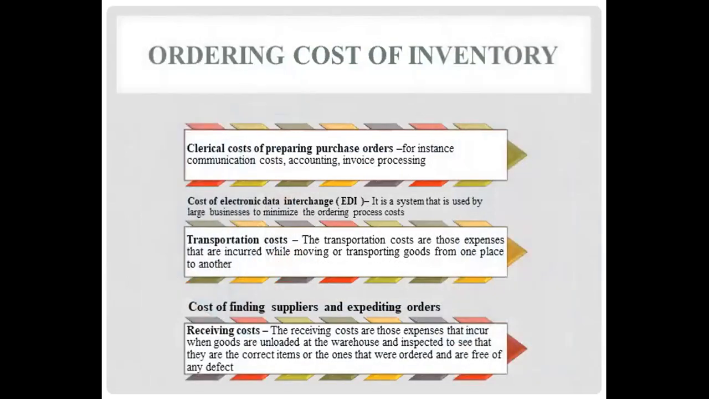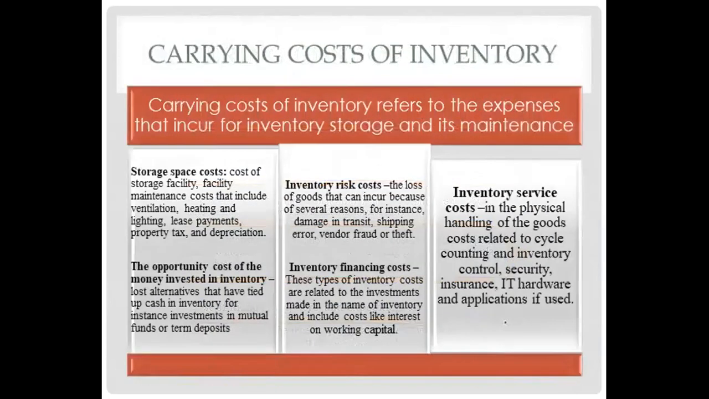The ordering cost of inventory is associated with ordering of any items, which may include the clerical cost of preparing a purchase order, cost of electronic data interchange, transportation cost, cost of finding suppliers and expediting orders, and receiving cost. There may be carrying cost of inventory, or holding cost, which includes expenses that occur for inventory